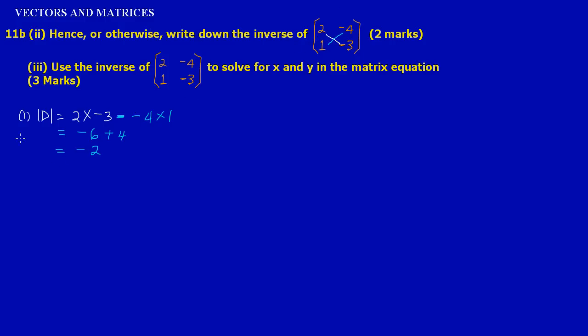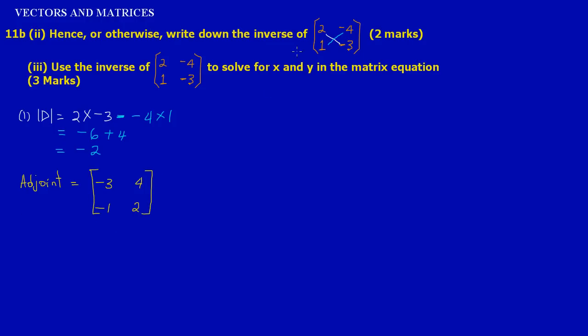Now to find the adjoint, basically, my friends, what you're doing is simply switching around the leading diagonals, interchanging or changing places, and you're going to change the signs on the other two numbers. Okay, so let me just quickly note the adjoint. The adjoint of the matrix is equal to, I'm changing places, note now I have a -3 up top, and I'm going to put the 2 in the place of the -3. And the -4 will become a +4 there, and the +1 will become a -1 now. So pretty much that is the adjoint.